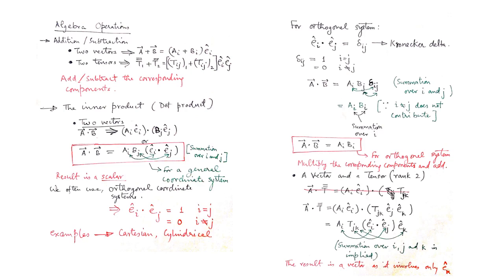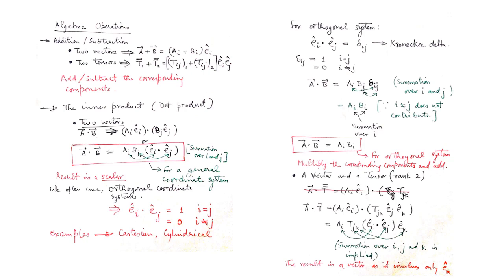So now we move on to the inner product, what we call the dot product. The more formal name in mathematics is inner and outer products for dot and cross products. But you are familiar with dot and cross products, so there's no harm in still calling it a dot product. But we should also know the proper, more formal name in mathematics, which is the inner product. Inner product can be between two vectors, between a vector and a tensor, and also between two tensors. We will discuss all of that.